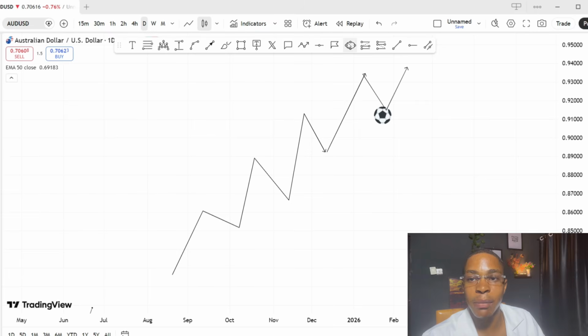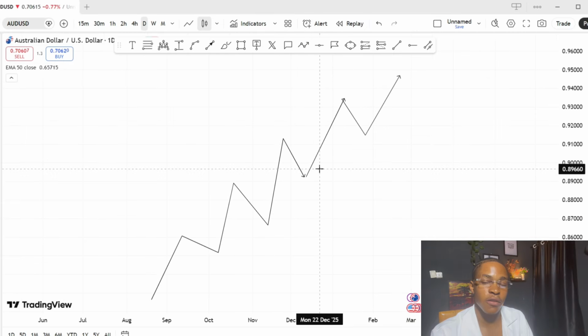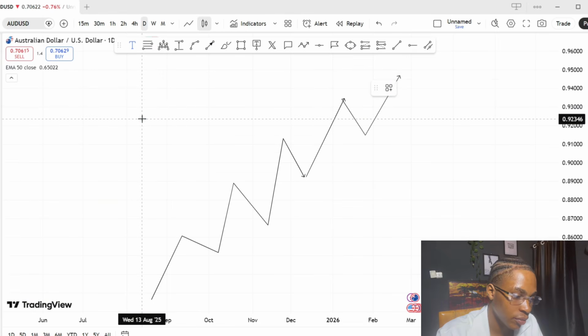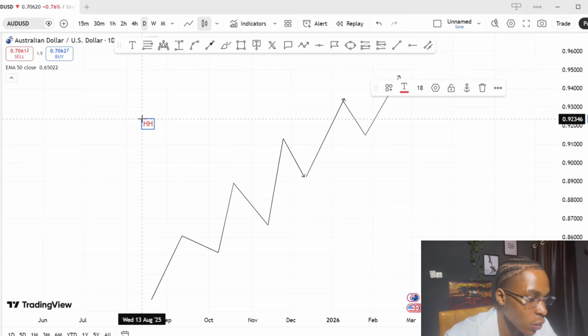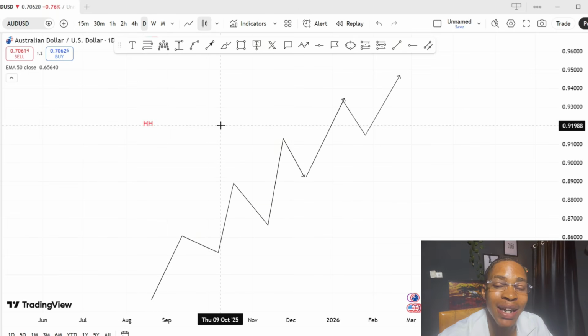So now let me explain this in Forex terms. We call these things higher highs and higher lows. Now you might be asking yourself, how can you actually see these higher highs and higher lows? Where are they and why do we call them that, right? So basically, a higher high, let me type it down, I'll just shorten it to HH,